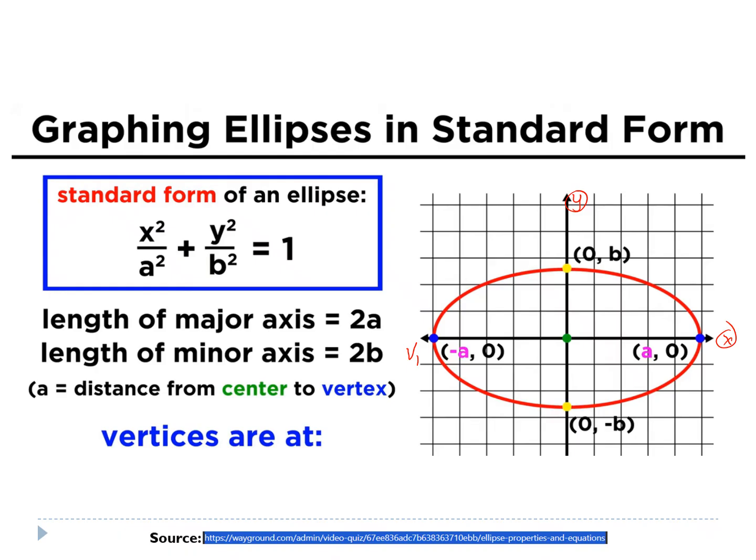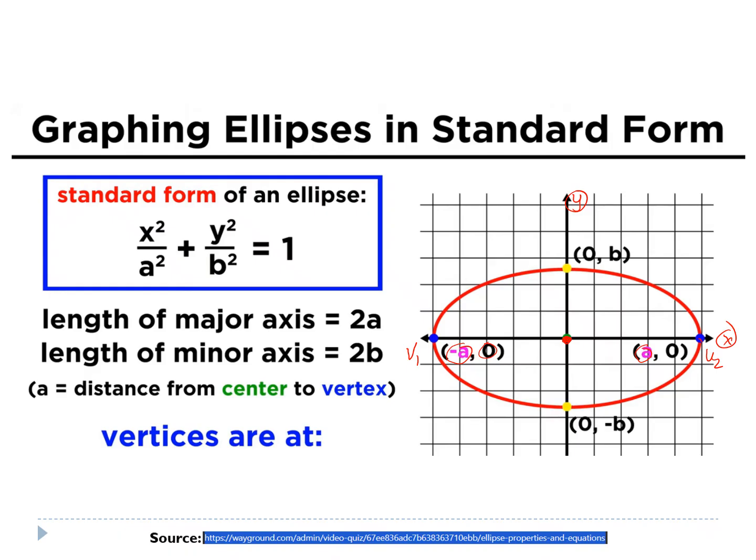So the abscissa here is also, the ordinate here is also equal to 0. But the abscissa, that is the distance from the center towards V1, is equal to a. Since this is to the left side of the origin, this will be negative a. And to the right side, this is positive a, the distance from the center to the vertex 2, V2. And again, the ordinate is equal to 0 because it's on the x-axis.